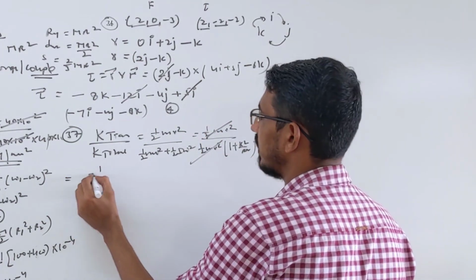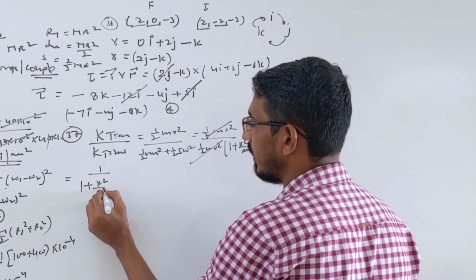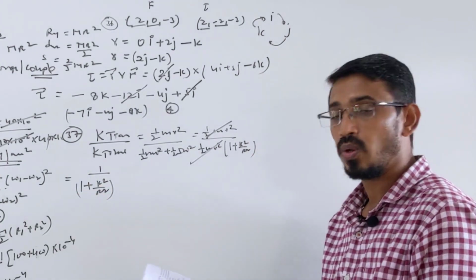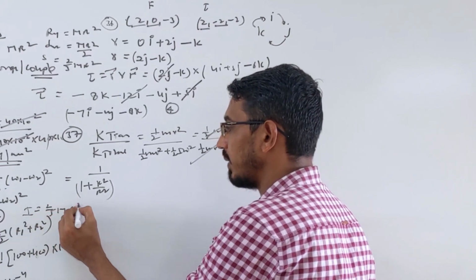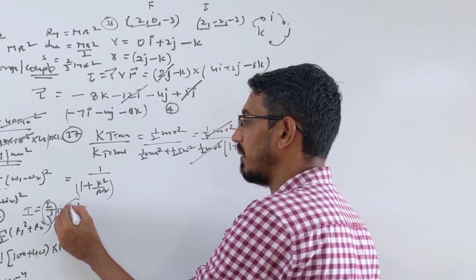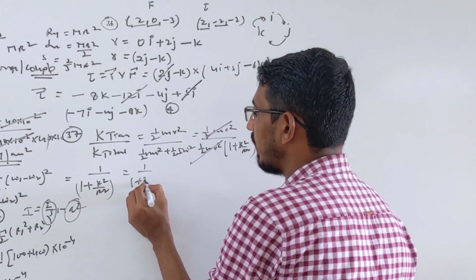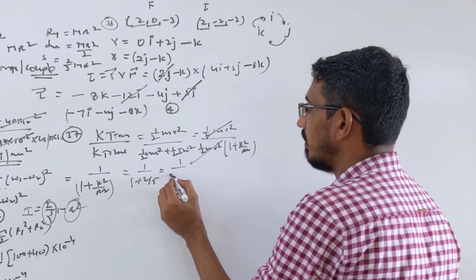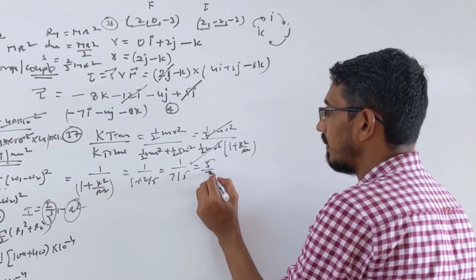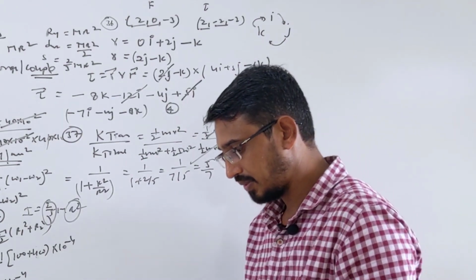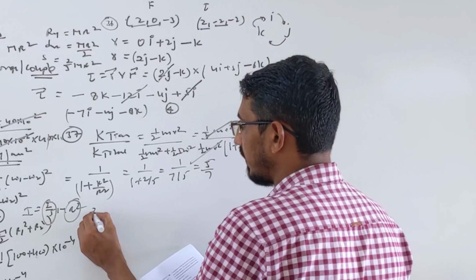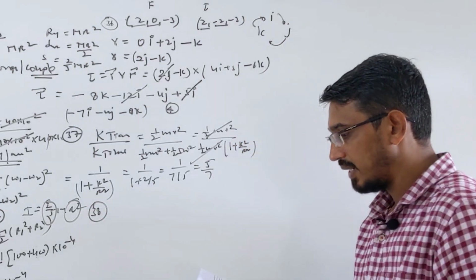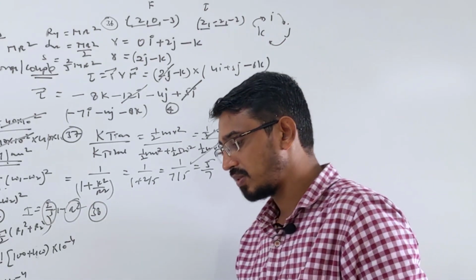This ratio becomes 1 upon 1 plus k square by R square, and this object is given as a solid sphere. The inertia formula for a solid sphere is 2 by 5 mR square. Means k square is 2 by 5 R square. 1 upon 1 plus 2 by 5, that becomes 1 upon 7 by 5, or 5 by 7. That's your answer, which is given as the second option. Question number 38 we are talking about now, and it says a solid sphere is rotating freely about its symmetry